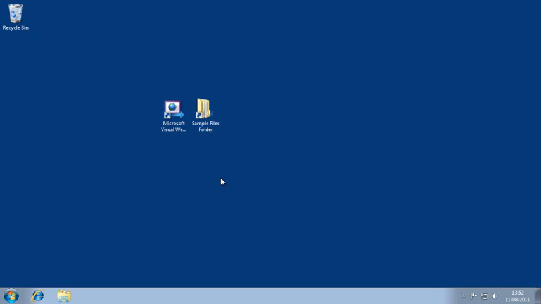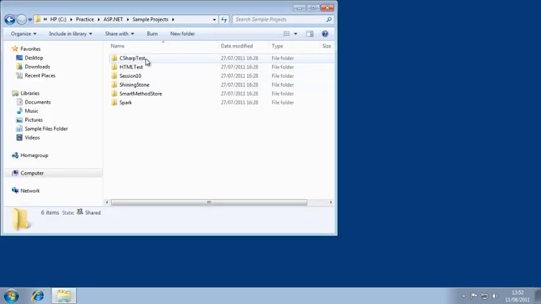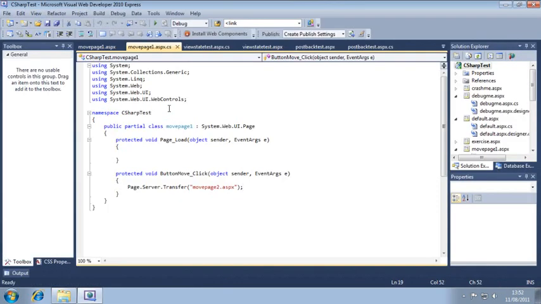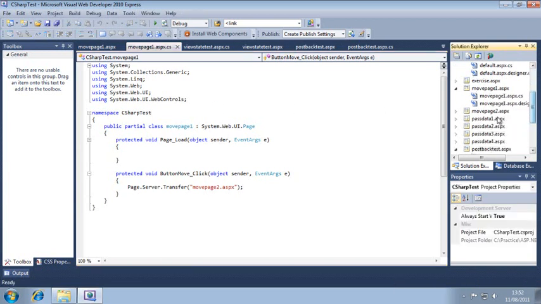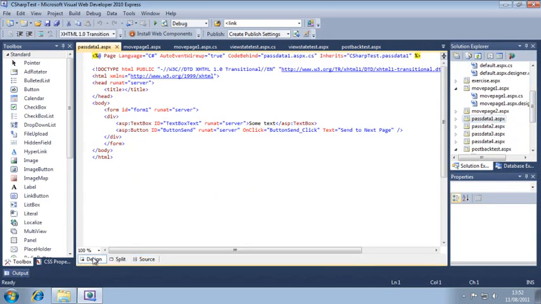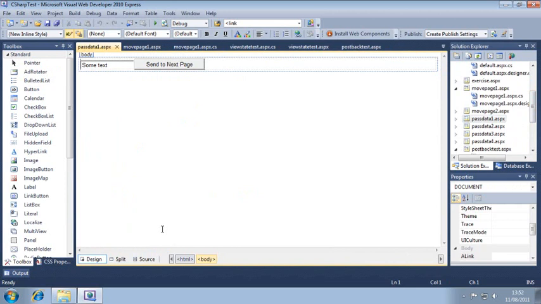First, open the C# test sample file from your sample files folder. Next, open passdata1.aspx in Design View. As you can see, there is a text box and a button on the page. You're going to write code that will send the contents of the text box to another page, which will then display it. If you use server.transfer to move between pages, you can actually access the page object of the previous